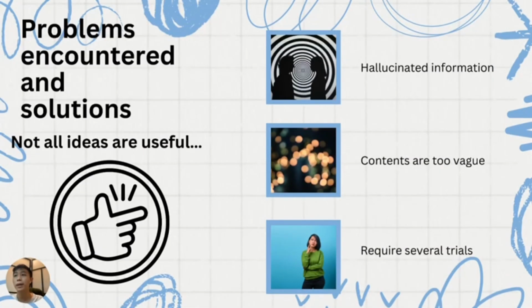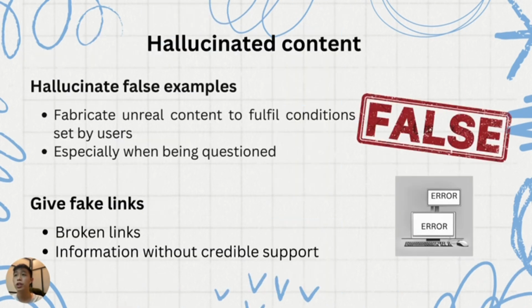Now, I would like to talk about some problems we faced when we were finishing the project using GenAI. These problems include hallucinated information, content being too vague, and taking several tries to get the desired results. First, GenAI created fake content. It tries to give very general information, which is logically acceptable but not evidence-based. For example, when we asked for 5 facts, it gave us 3 facts and 2 fake ones. When we asked for links and references, it sometimes gave links that were not working. If AI created content based on these links, this means the content is hallucinated and not credible.